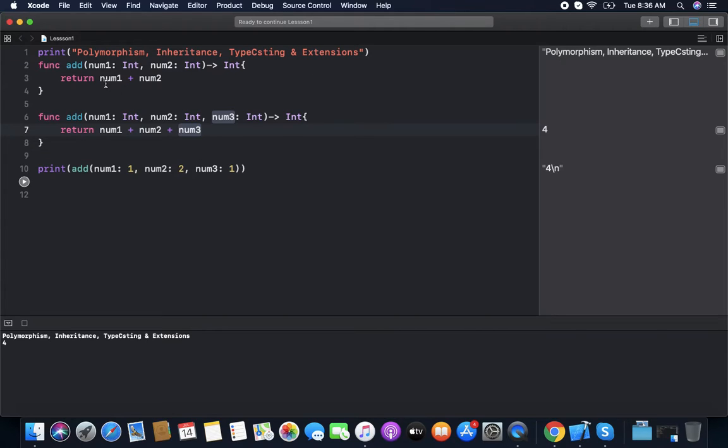It will return 4. So you can see the functions have the same name but a different number of parameters, or it can be a different type of parameter.